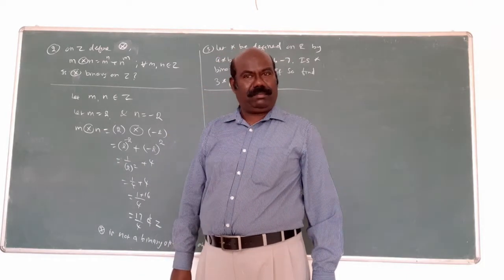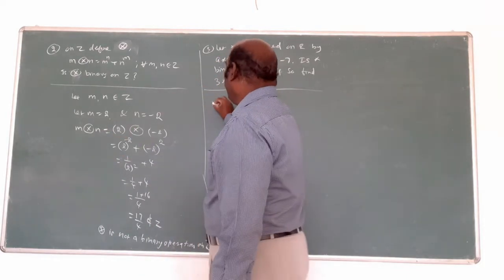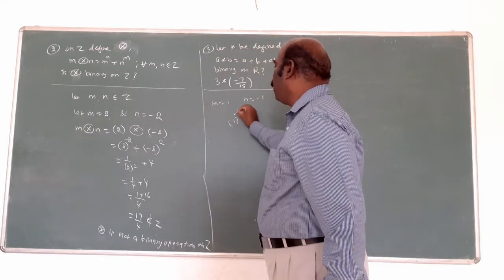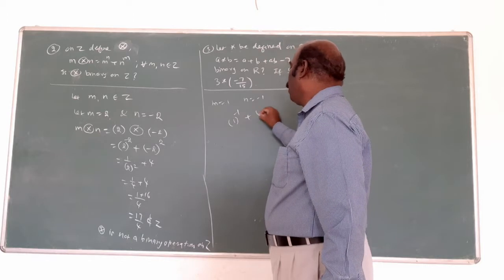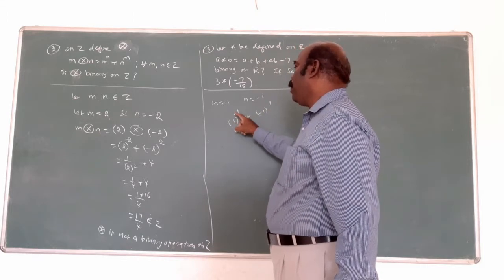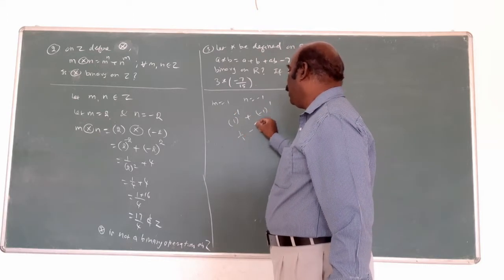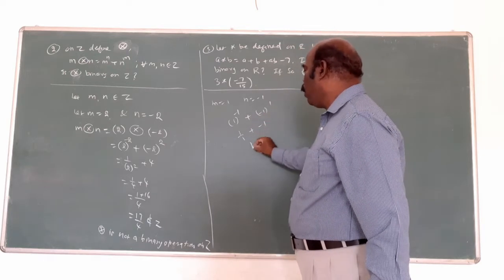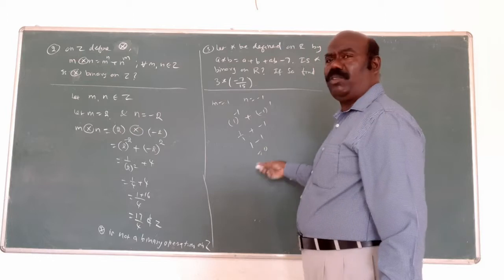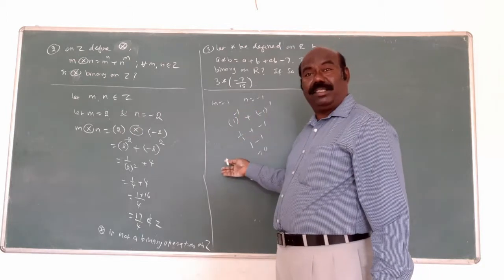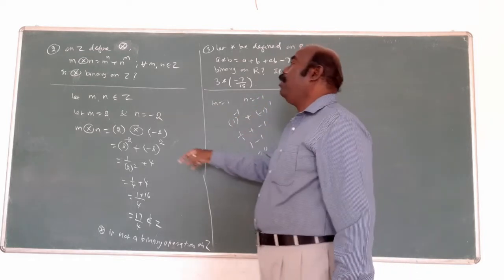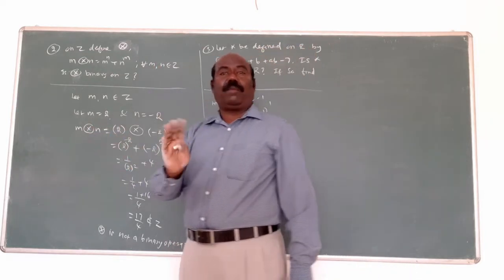That's enough. For example, m equal to 1, n equal to minus 1. What is that here? First number whole power minus 1 plus second number whole power minus 1. 1 power minus 1 is 1 by 1. Minus 1 power minus 1 is minus 1 by 1 only. 1 minus 1 is 0. 0 belongs to integer. It is 2, in this particular number 2, then the whole thing is not true, not possible.